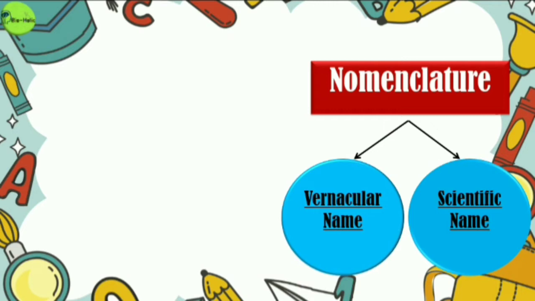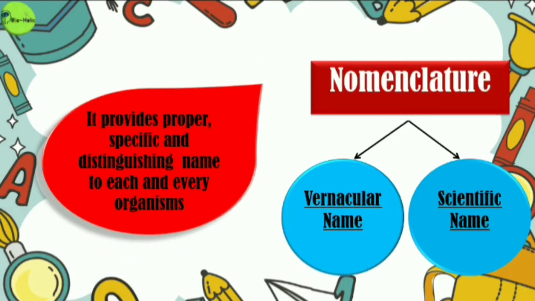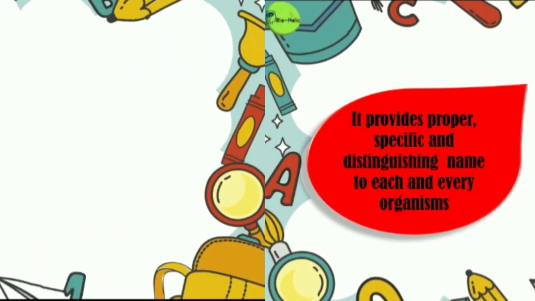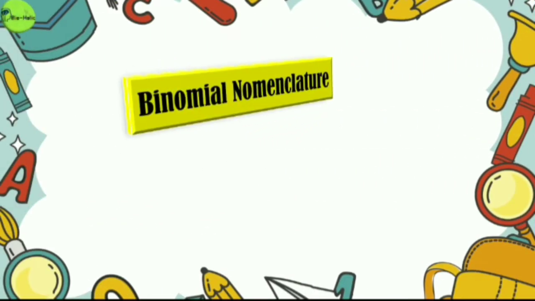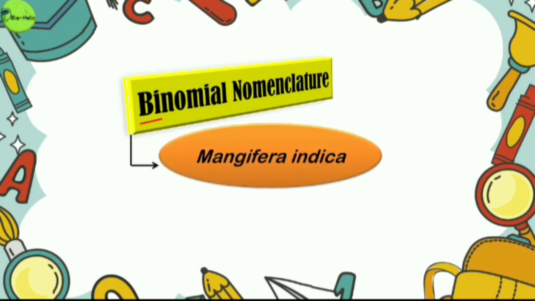So the nomenclature provides a proper specific distinguishing name to each and every organism. Understood? So let's start with the word binomial nomenclature, where the first word starts with bi, which means two. So it simply means that this particular nomenclature has two types of terms, and this is given by Carolus Linnaeus. Just for example, Mangifera indica,